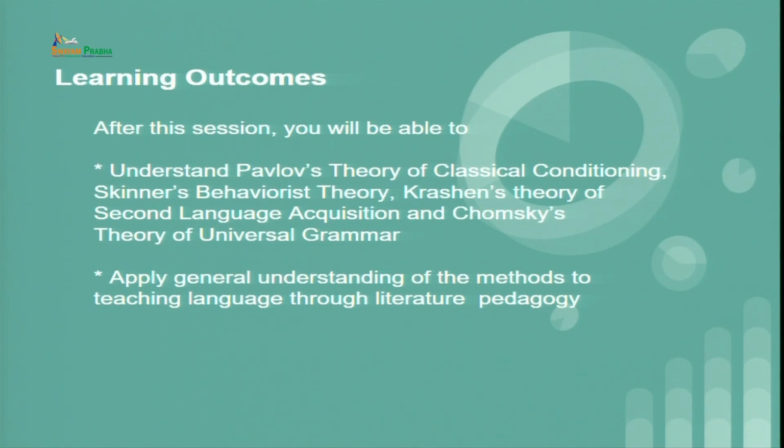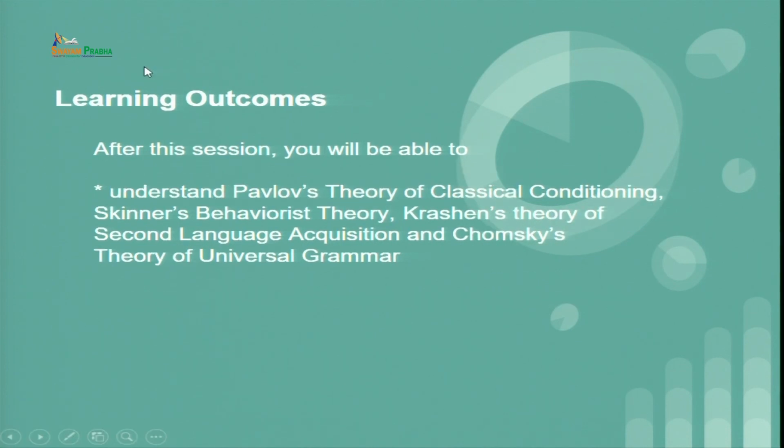theory of classical conditioning, Skinner's behaviorist theory, Krashen's theory of second language acquisition, and you will also get through Chomsky's theory of universal grammar, which is widely accepted throughout the world. So let us first take Pavlov's theory of classical conditioning, because it is one of the earliest theories when it comes to teaching language, and we will try to understand the entire scenario that was proposed by Pavlov through